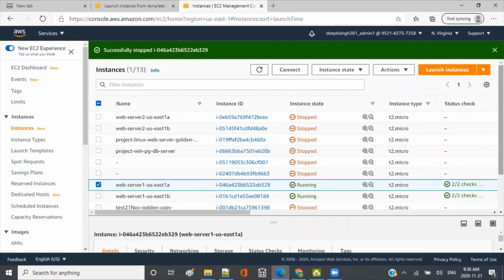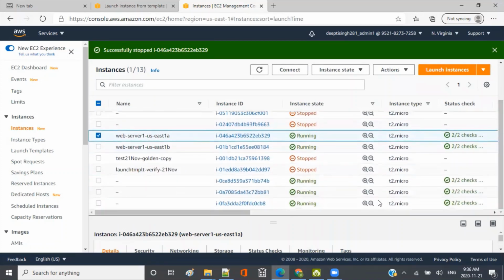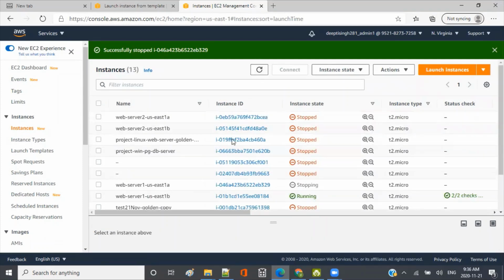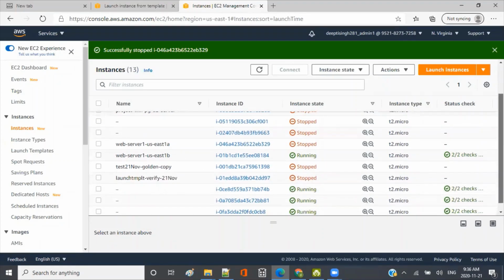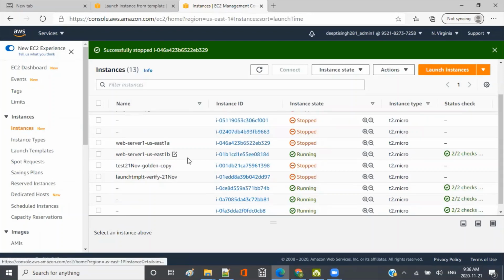Okay, so now we have got only 3 of the auto scaling group ones, and then only 1B is here. 1A has been stopped, right? So 1A is gone now. We have got only 1B. So if I start accessing the load balancer now, we'll see it will go only to those four which are up and running, right? So 1B and these three ones.